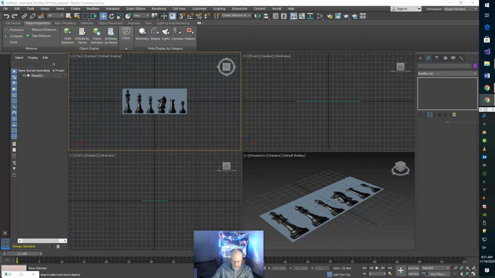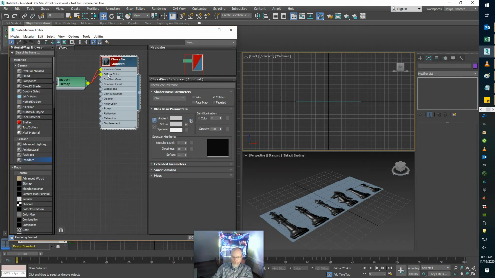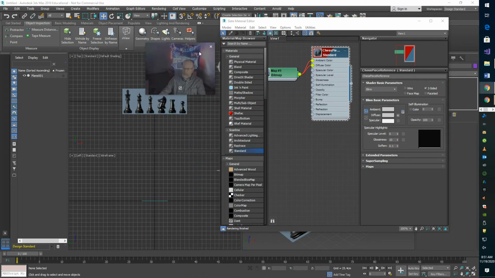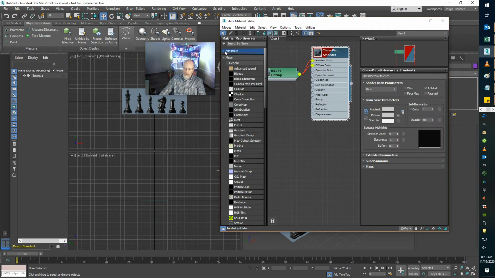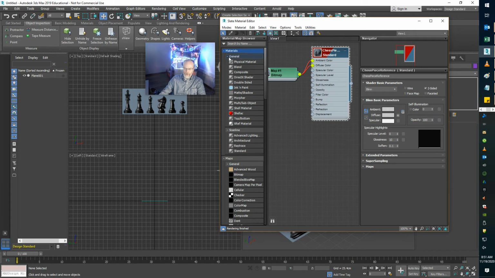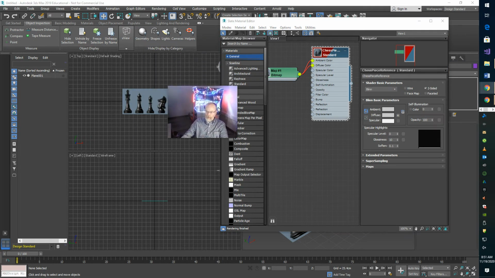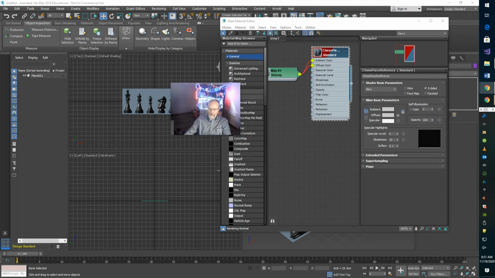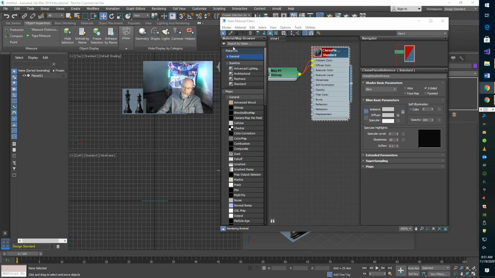So what you want to do is touch M on the keyboard to bring up the material browser. And I'm going to maximize this a little bit more. You should see under materials, which you can collapse by hitting the plus or the minus, a category called general, and then one called scan line. So if I collapse general and just focus on scan line, I should see advanced lighting, architectural, ray trace, and standard. So that's where you should find standard. If you can't find it there,